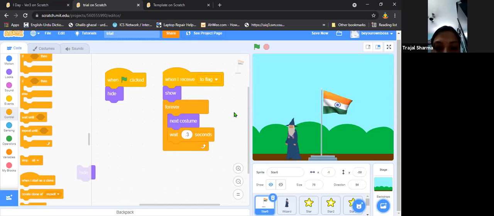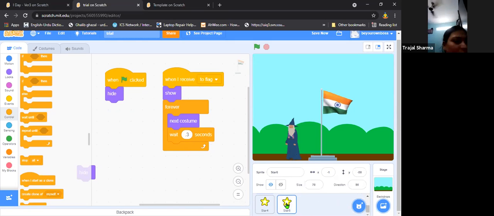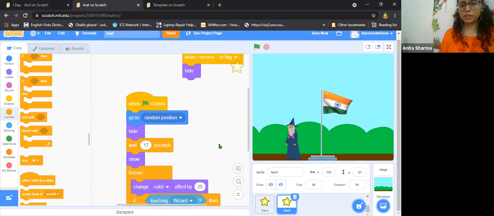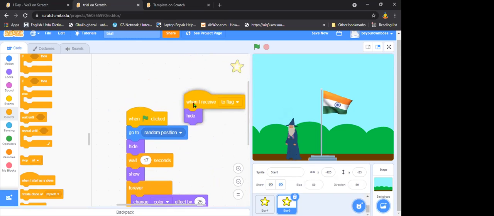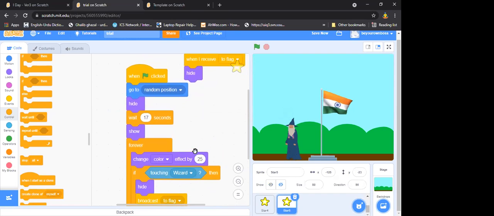Ma'am, please show for 1 second the star 5 code. Wait 2 minutes. Okay, please mute yourself. Ma'am, I suggest that we first finish the thing and then we'll show the code, because this way we won't be able to finish it. So a request to everyone, please wait for 5 or 10 more minutes. We'll finish the code and then we'll show it to everyone. We can't keep showing the code again and again because there are many kids. So let's finish it and then we'll show the code of each and every sprite one by one.